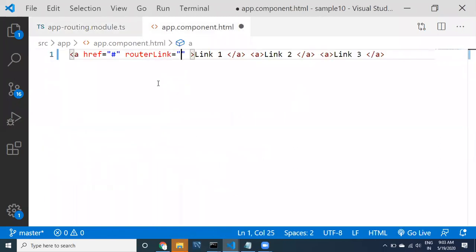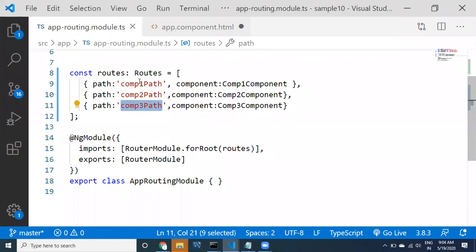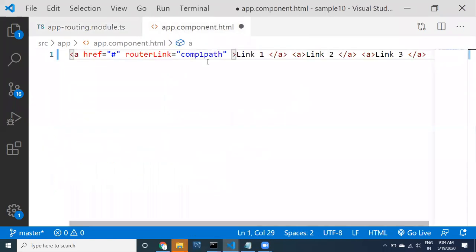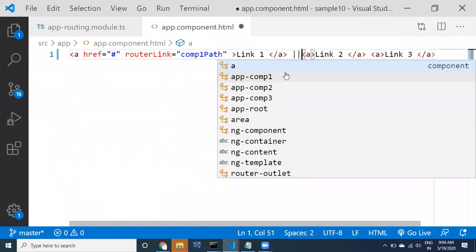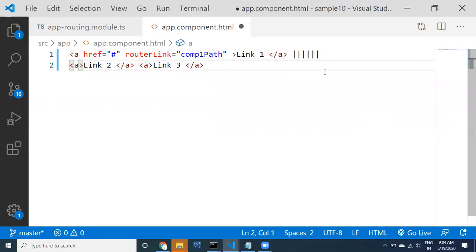Go to routerLink. This is the first link. Here in the link, I want to provide comp1 path. Remember that this has to match the mapping path exactly, where the P is capital. But here I have provided a normal path. Just a separator, guys, don't think this is a pipe. This is normal HTML, just separated in the link, so it will be displayed separately.